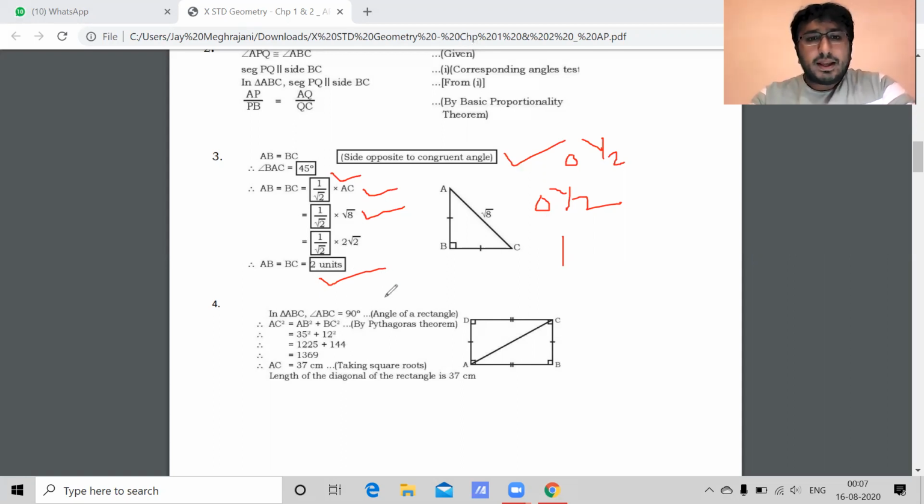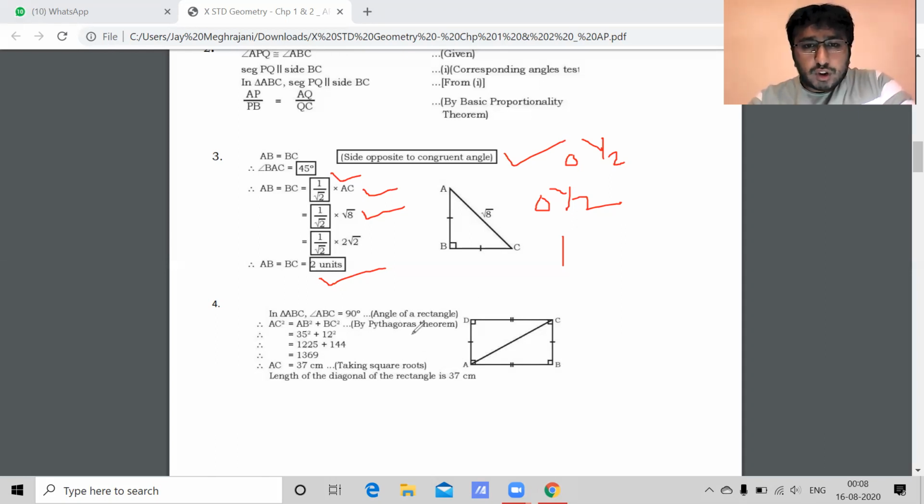Okay. Next thing, students, we are given that the length and breadth of a rectangle, we need to find its diagonal. Students, we know in a rectangle diagonals are congruent. So we'll find only one diagonal. We know in triangle ABC, measure angle B is 90. The reason will be area of rectangle. Now in a right angle triangle, you know two sides. Third side kaise milega? By applying Pythagoras theorem.